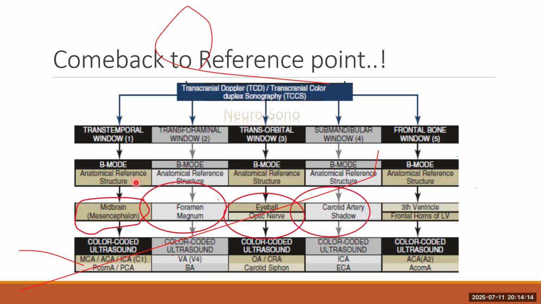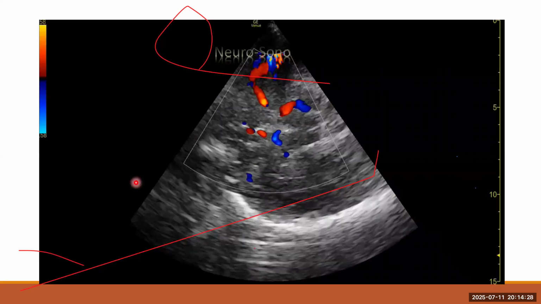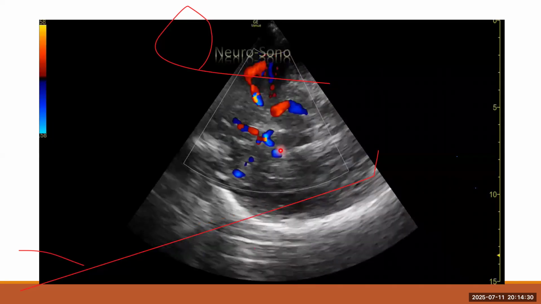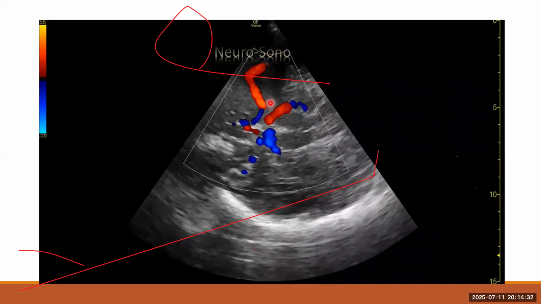The easiest thing to pick up is the carotid artery. Hence, that is the landmark which we need to return back to. And on the frontal window, the third ventricle and the frontal horns of the lateral ventricles form the reference point. So this was again one of the insonations where typically we see the MCA dividing